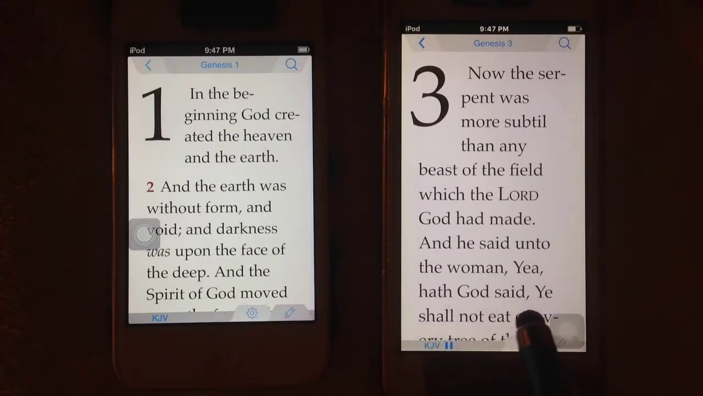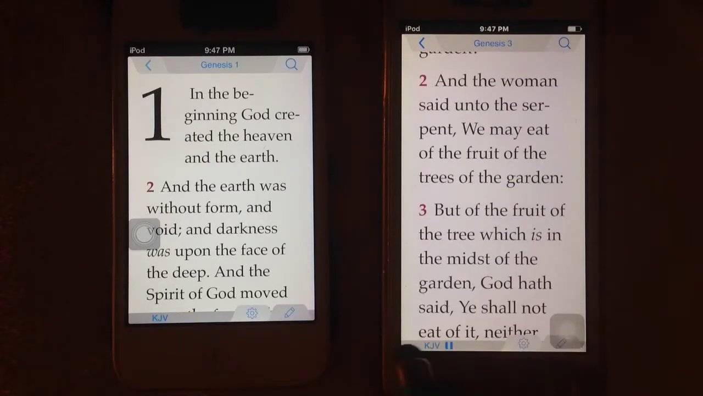Shall not eat of every tree of the garden? And the woman said unto the serpent,